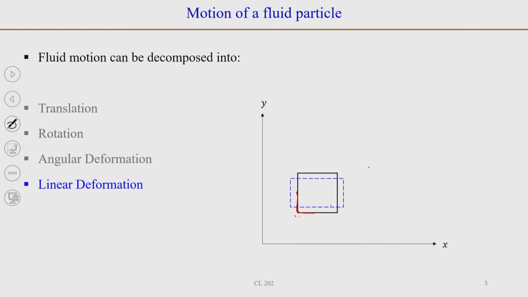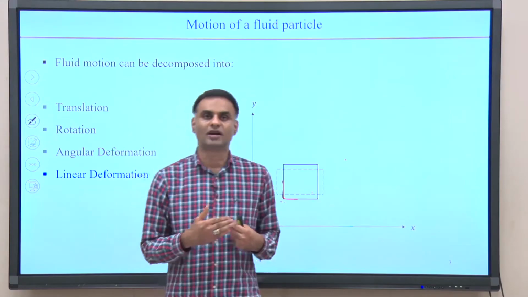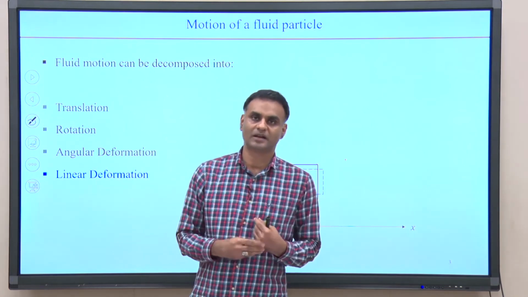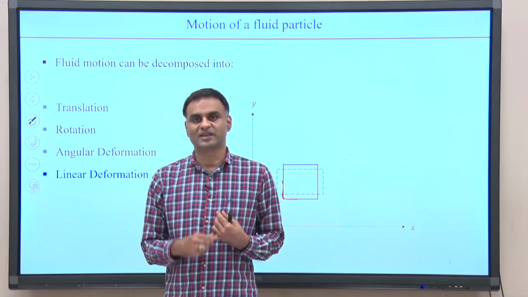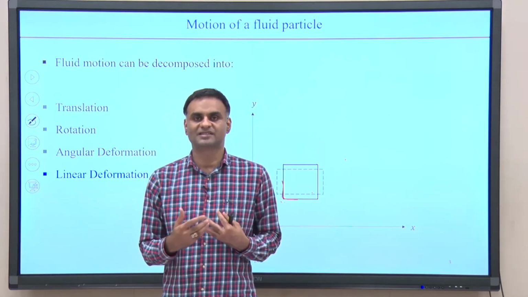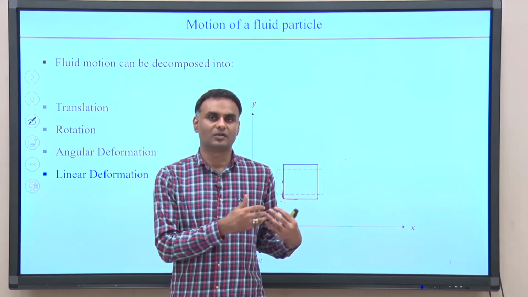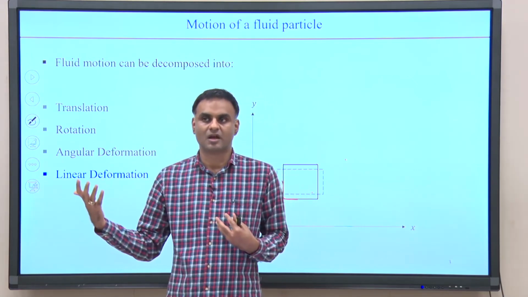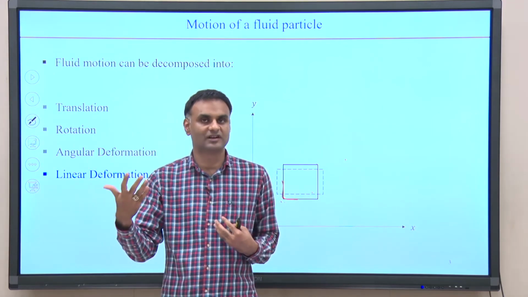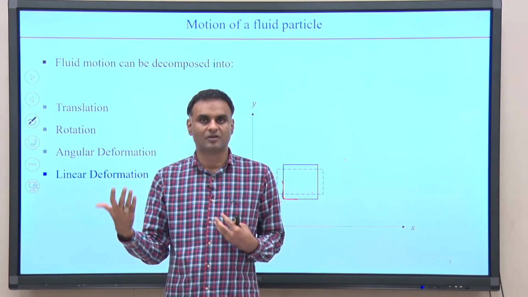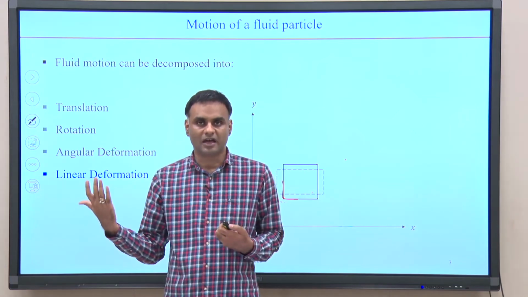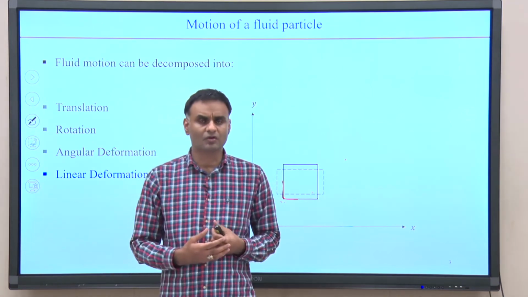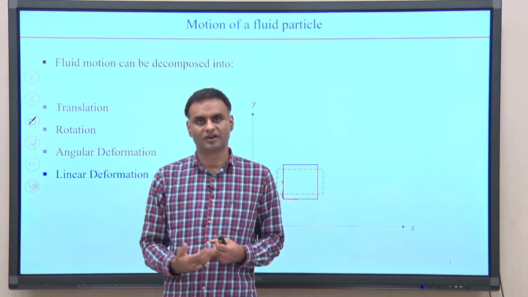What we did in the last lecture was looking at the translational motion of the fluid particle, and we derived an expression for the acceleration of the fluid particle for a known velocity field. We talked about the Eulerian and Lagrangian description, and because the velocity field is given in the Eulerian framework, we derived the expression for the acceleration, or what is called the substantial derivative, for a fluid particle.